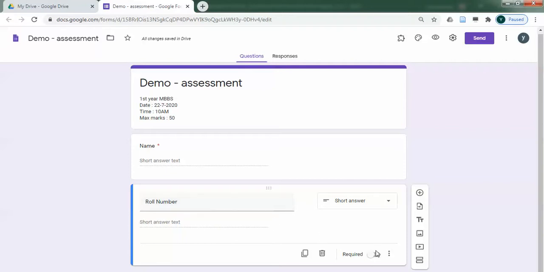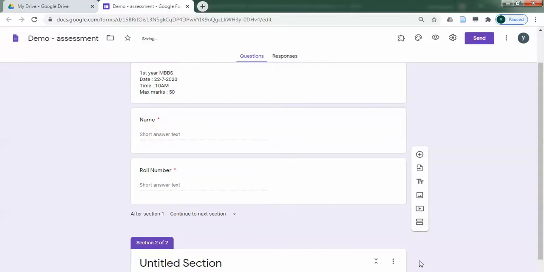I will make this also compulsory. Okay. And anyhow in the settings we are going to make it mandatory for the student to enter the email ID, so that will automatically come up. Okay, after these two, adding the name and roll number, now let us make a section. Let's divide the form. So for that you can see the toolbar on the right side, come and click the lowermost icon, add section.